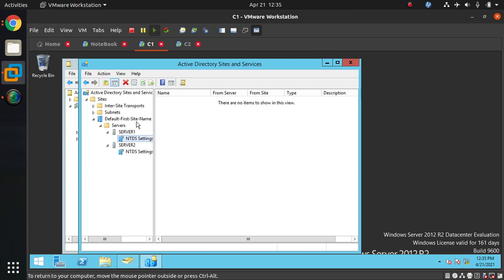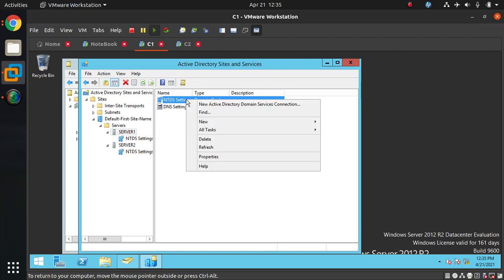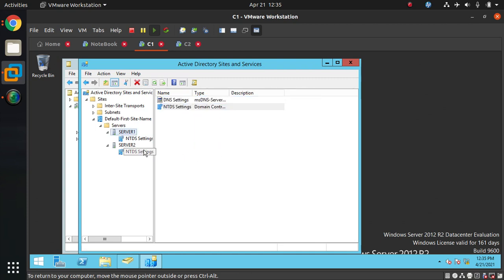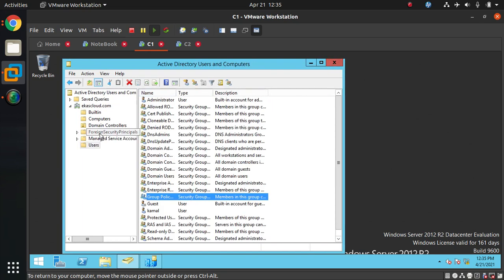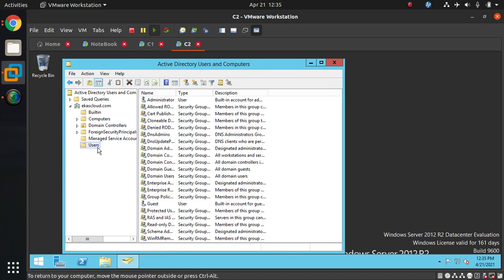There are no items. It has to create some connections. Refresh. Here select, refresh. Yes, it should create some connections here, but I don't know why it is not created. Let us go. Yeah, now it is replicated.